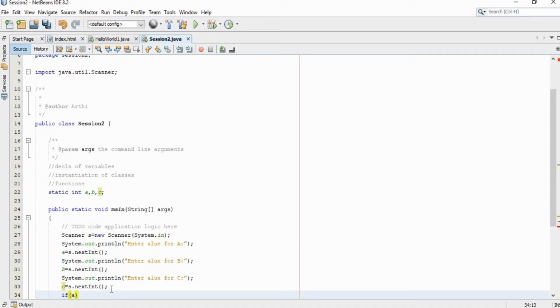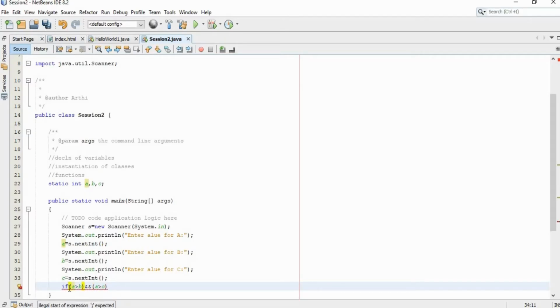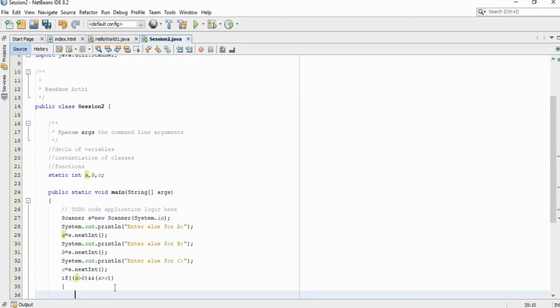So if a is greater than b as well as a is greater than c. When you provide multiple conditions inside a single if, you should use the operator ampersand, the and symbol, and you have to use a bracket for the whole condition.